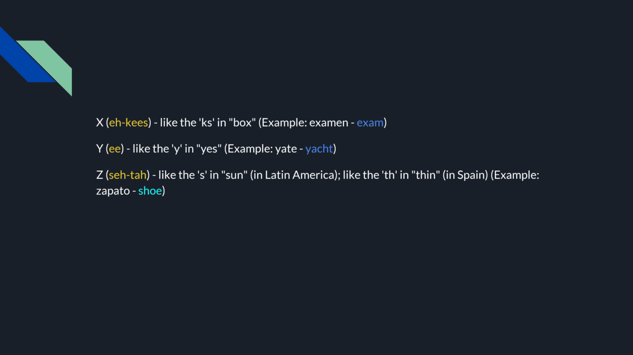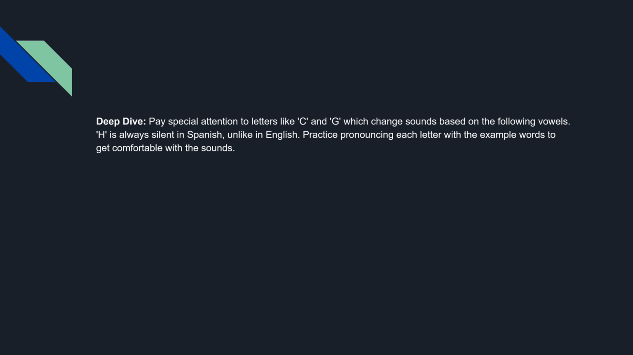X en español, like the KS in box. Example: examen, exam. Y en español, like the Y in yes. Example: yate, yacht. Zeta en español, like the S in sun in Latin America, like the TH in thin in Spain. Example: zapato, shoe. Deep dive: pay special attention to letters like C and G, which change sounds based on the following